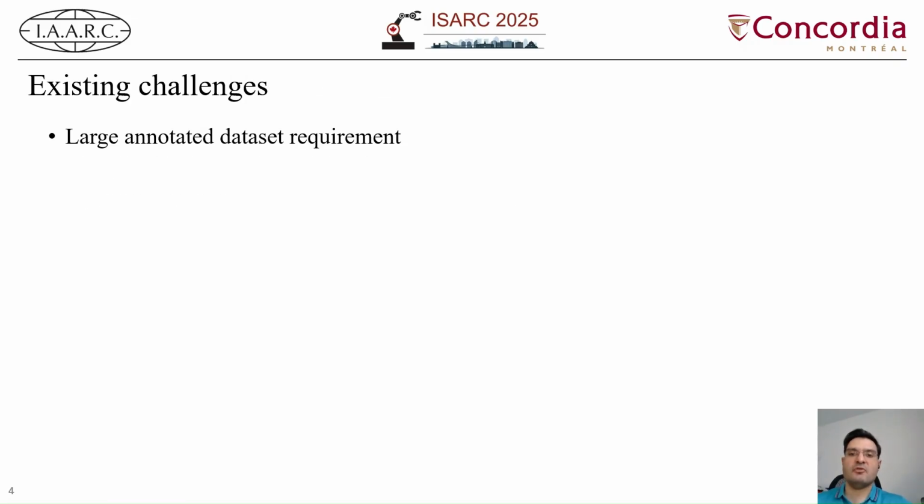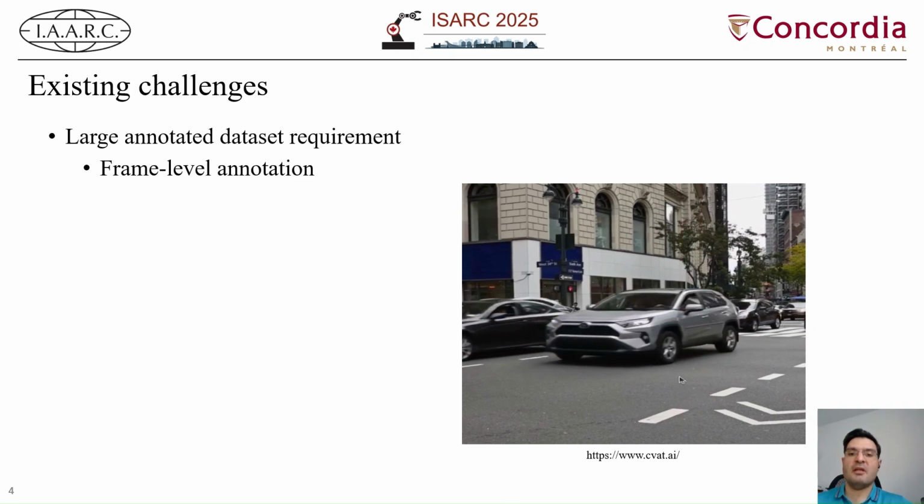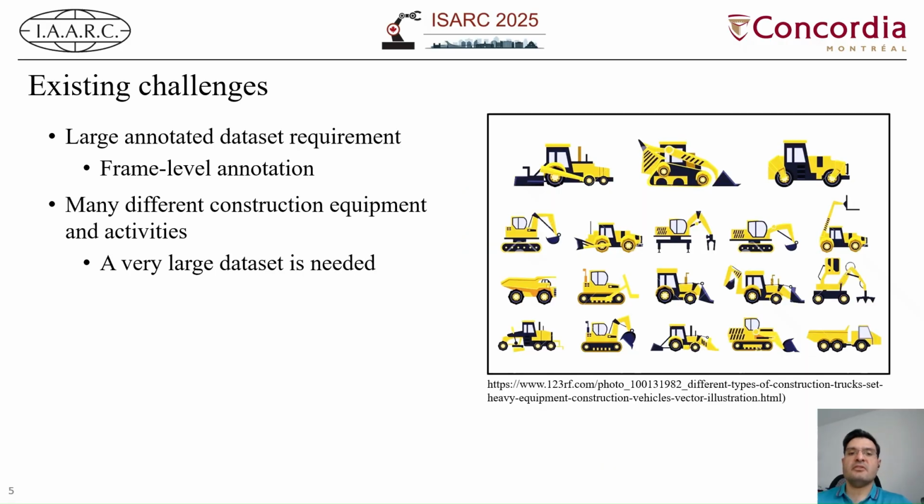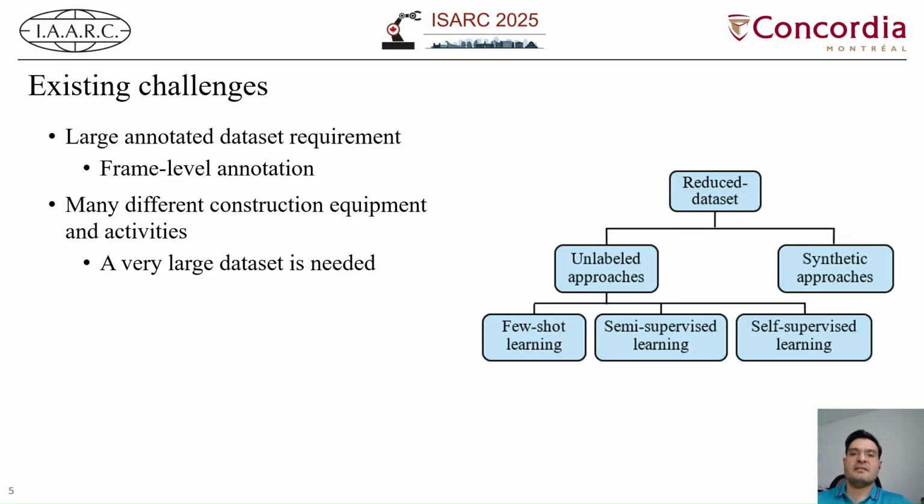The first is that most of the current methods use supervised learning and so require large annotated datasets, especially for videos that need frame-level annotation that can be very time consuming to provide. Another challenge is that in different phases of a construction project, many different types of construction equipment, each with its own set of activities, may be used. So developing a model that can detect all these equipment and activities in a supervised manner would require a very large dataset. To address these data-related bottlenecks, reduced dataset methods have begun to gain traction for both equipment detection